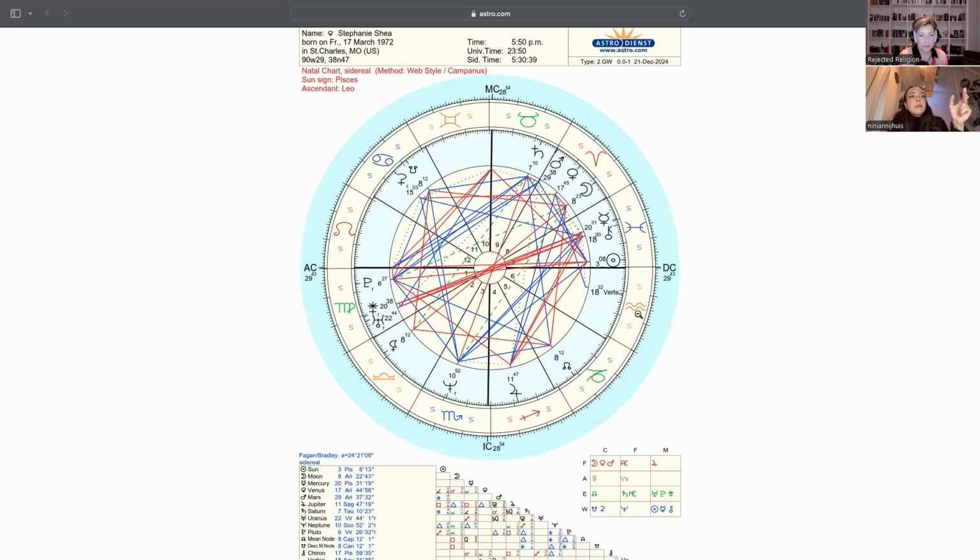Then that would mean the planet that rules Leo is the sun. And so where your ascendant is in your chart, the ruler of that sign is the ruler of your chart. Okay, so could we say then that the ascendant is the ruler of the chart or not? The planet that is associated with the sign on the ascendant is the ruler of your chart.